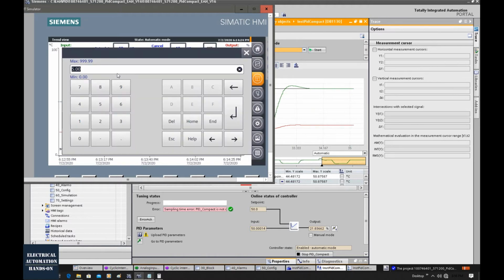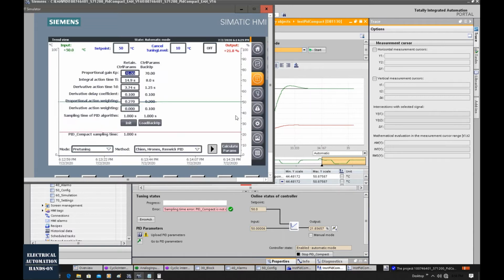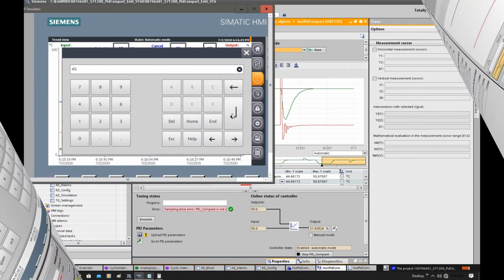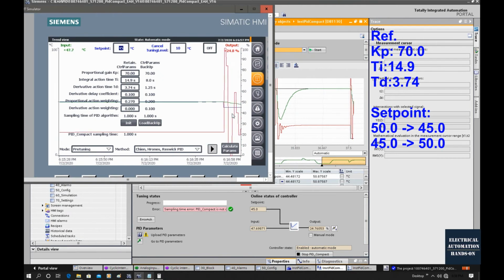Okay, so let's return this gain to 70. And let's wait for a while and wait for this process to go back to its stable status. Now let's give a new set point change. This is our reference PID parameters. Alright, in the next step, we will test